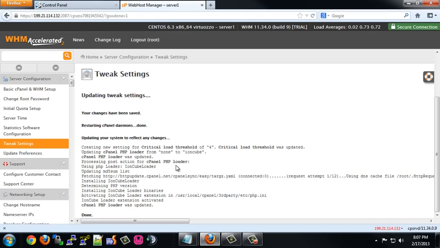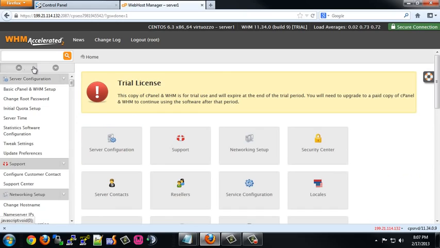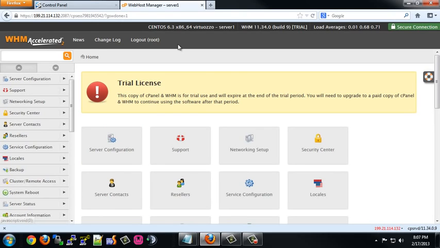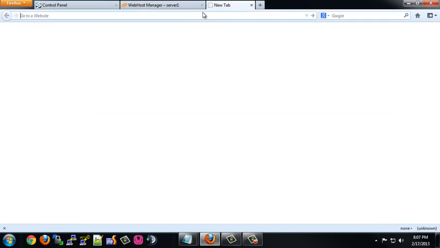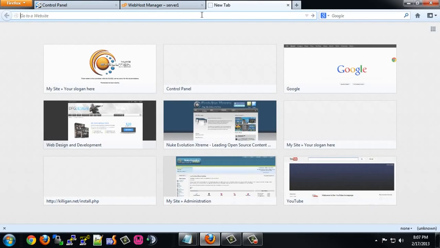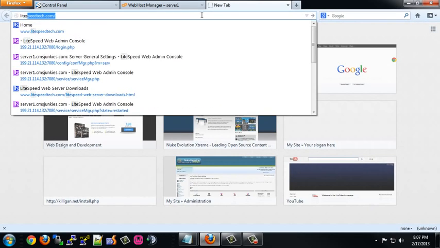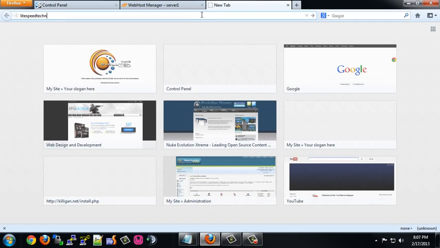So, now that we've got Apache and PHP configured and everything, we can probably go ahead and install LiteSpeed web server. And to do that, basically all we need to do to start out with is we would need to go to